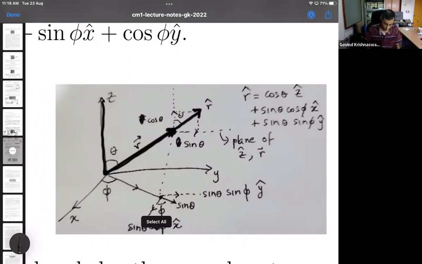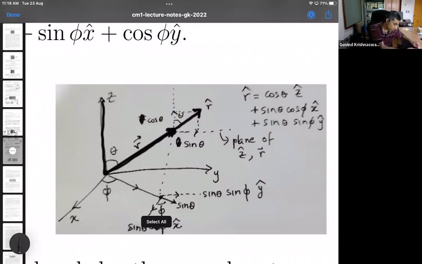Somehow my internet connection is a bit shaky. Yeah, while this tries to connect,